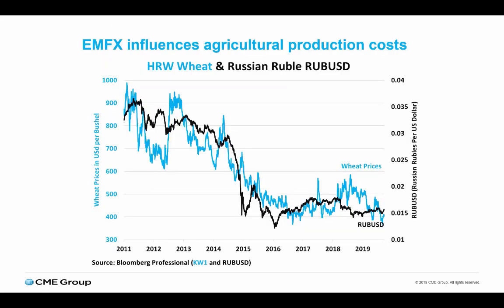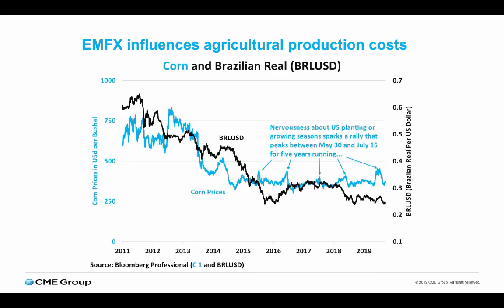But I figured we could start with the agricultural markets. One of the most remarkable things about the agricultural markets is the extent to which major crop prices around the world follow certain emerging market currencies. So if you are trading wheat futures, they move in lockstep with the Russian ruble. If you are trading corn futures, they move in lockstep more or less, sometimes varying a little bit with the